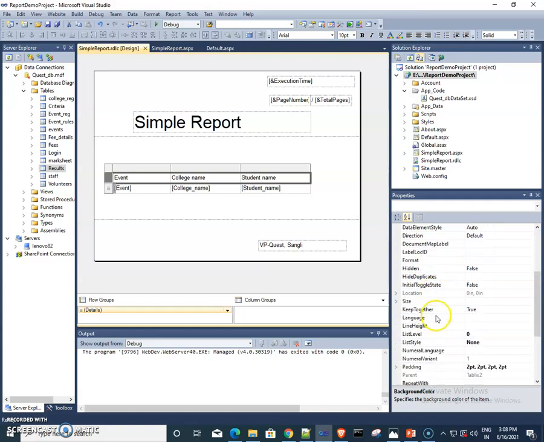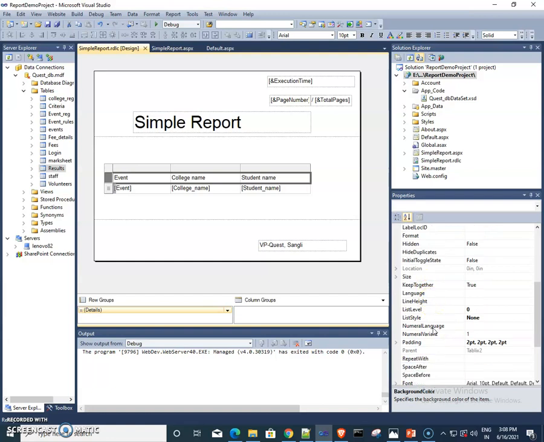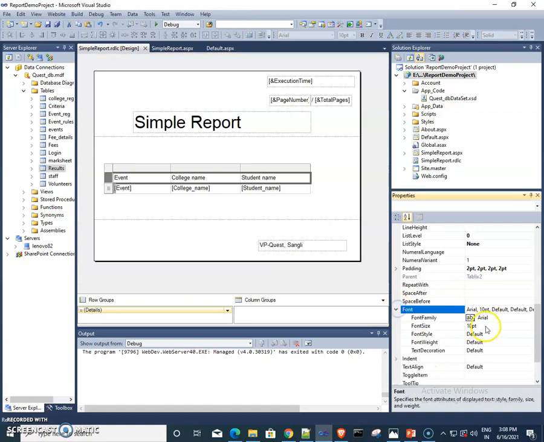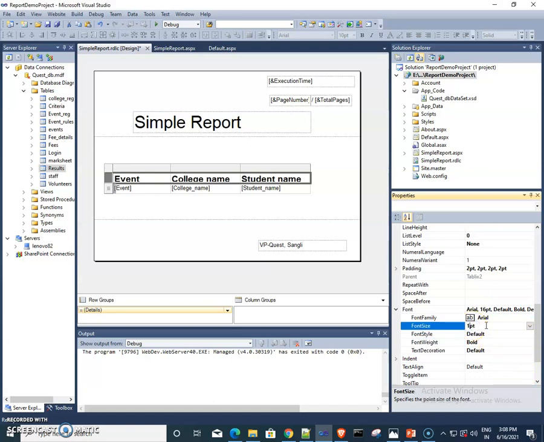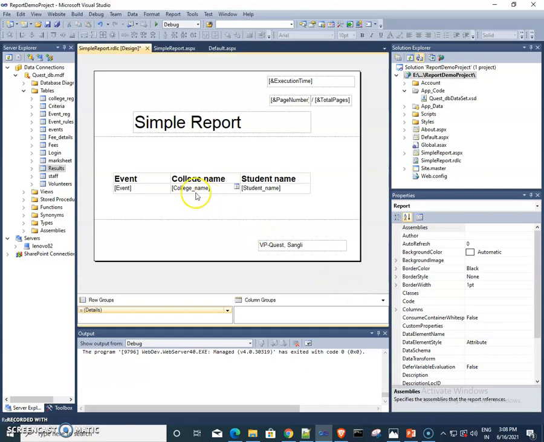Okay, so these are the properties for this row. If you want to increase the font, 16, font weight, bold, so in this way you can change it according to your choice.